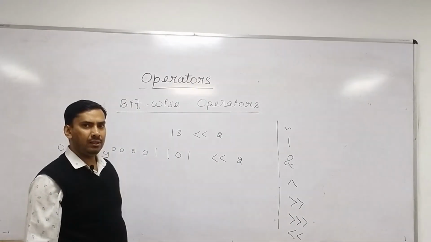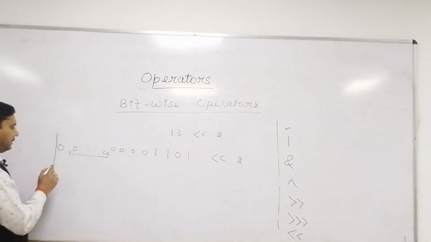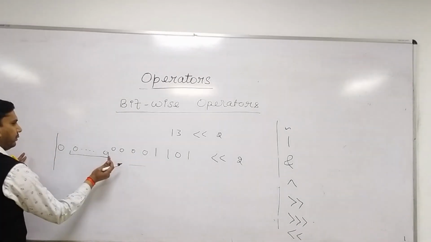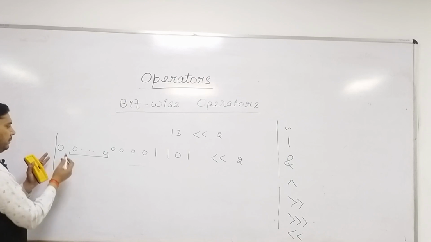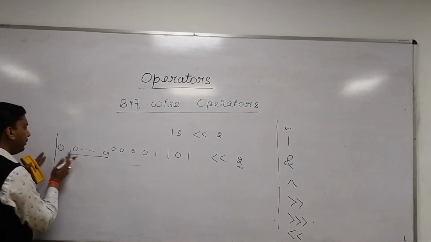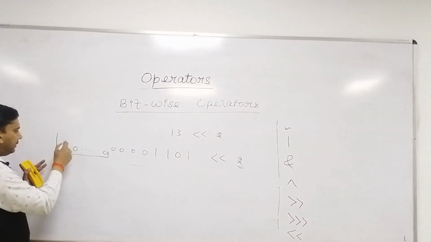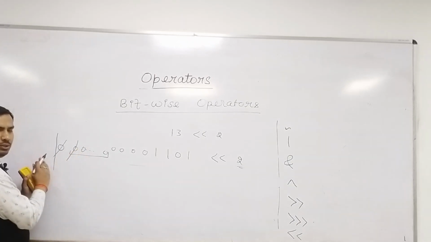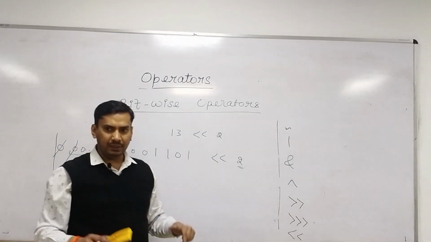You are saying you shift it by 2 toward the left side, the left shift operator. When you shift the number by any number of bits to the left side, what is going to happen? Just understand it like a sliding window. This number is going to shift to the left side, so it simply means the number of bits is 2, so these 2 bits are going to be discarded from the left side. These 2 bits, this and this bit, are going to be discarded from the left side. So obviously if you discard 2 bits from the left side, the number of bits will be reduced.